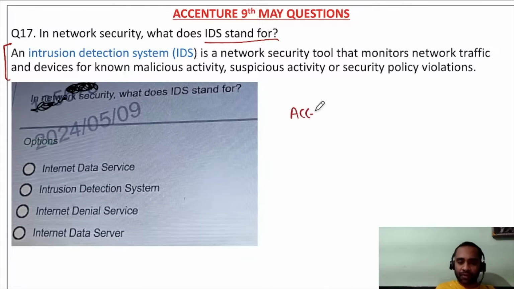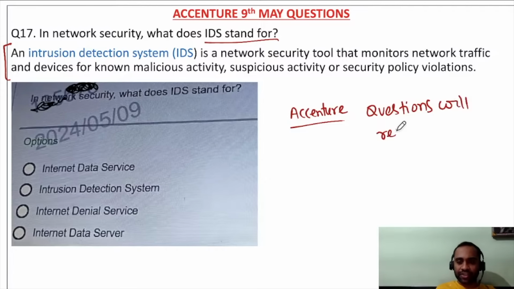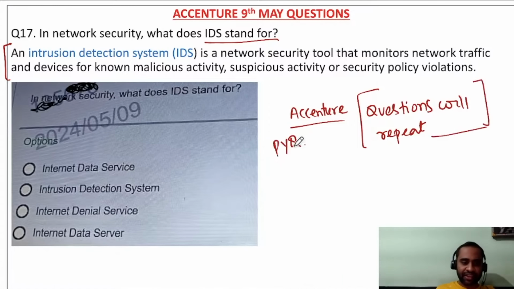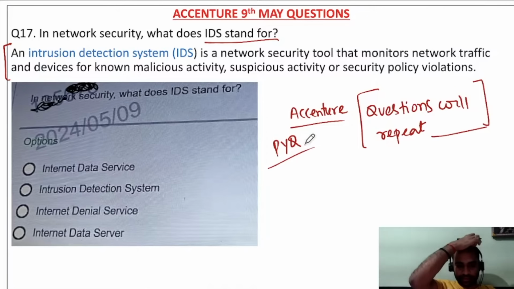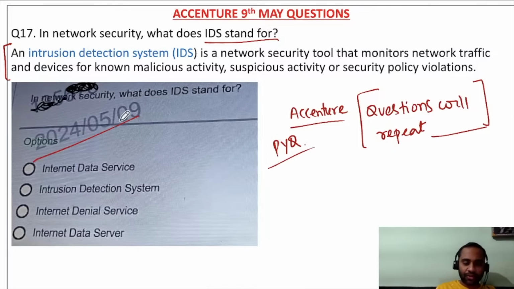One thing I wanted to tell you: in Accenture, the questions will be repeating. That's the reason I always tell you to solve the previous year questions, the recent questions of Accenture. And that's the reason we are solving the questions which were asked on 9th of